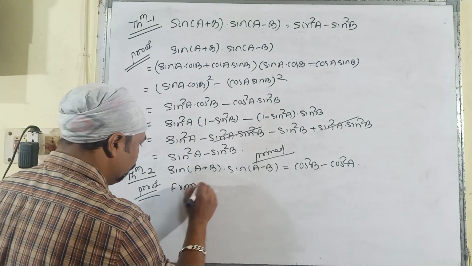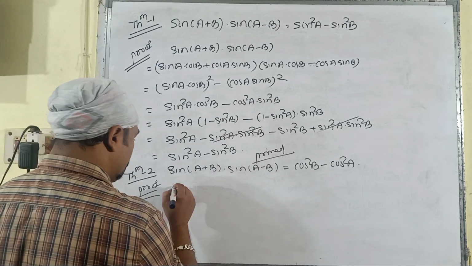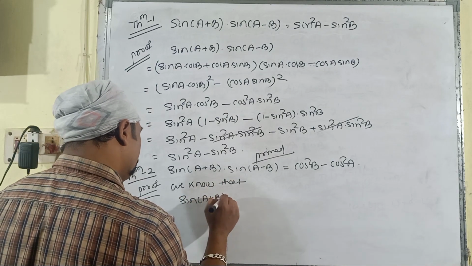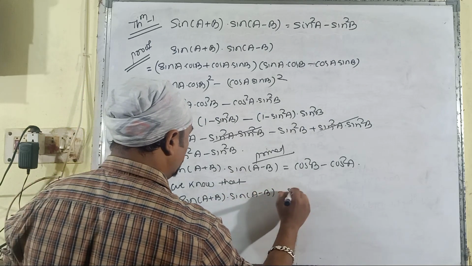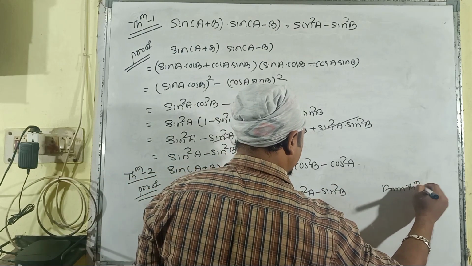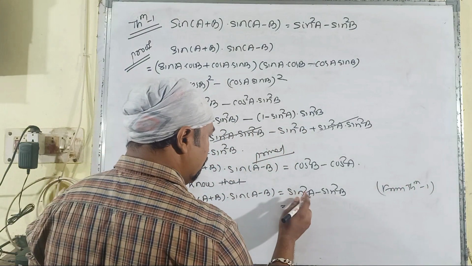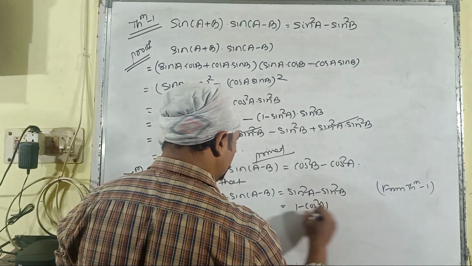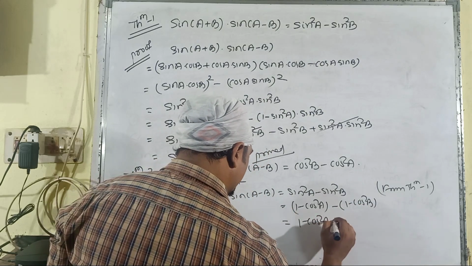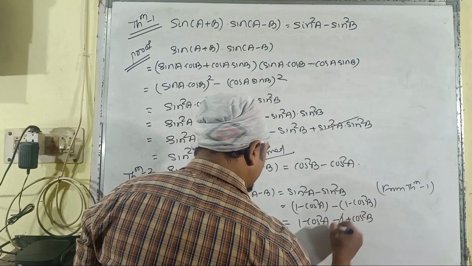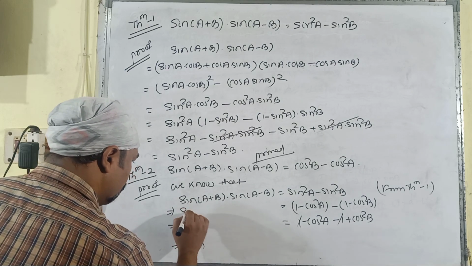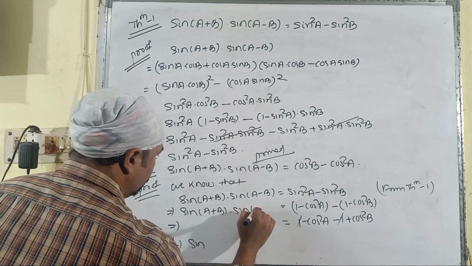From theorem number 1, we know that sin(A plus B) multiplied with sin(A minus B) is equal to sin square A minus sin square B. In the right hand side, in place of sin square A, you can write 1 minus cos square A, and in place of sin square B, you can write 1 minus cos square B. So it will be 1 minus cos square A minus 1 plus cos square B. Cancelling both of the 1 and minus 1, we have